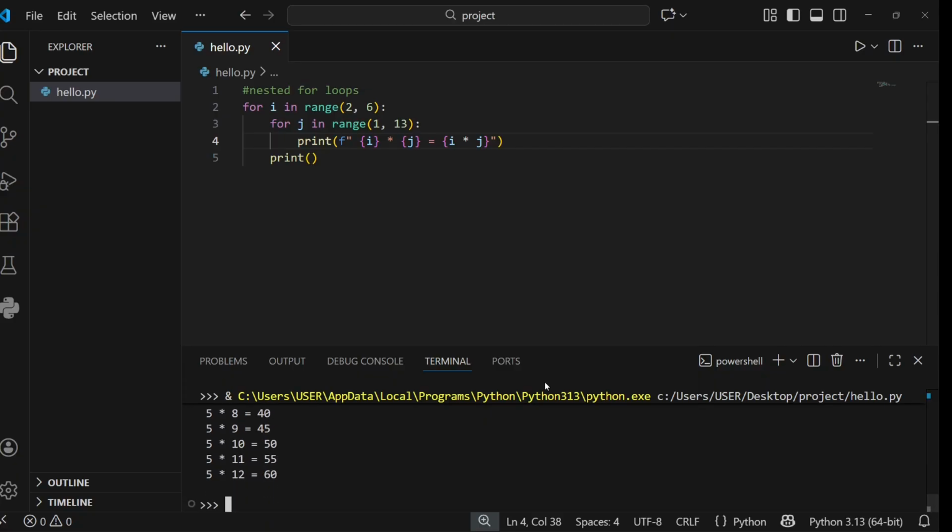The program ends. So for each iteration of this outer for loop, the inner for loop will run from start to finish. So for the first iteration, i is 2. So i will become 2 times 1 here, that is j here. So we get 2 here, and we are still inside this inner loop here. This inner loop will move to 2. So we are going to get 2 times 2, right? So whenever this iteration finishes, then we are going to start here. But now we are going to move to 3 for the outer for loop here. So this is how to use nested for loops in